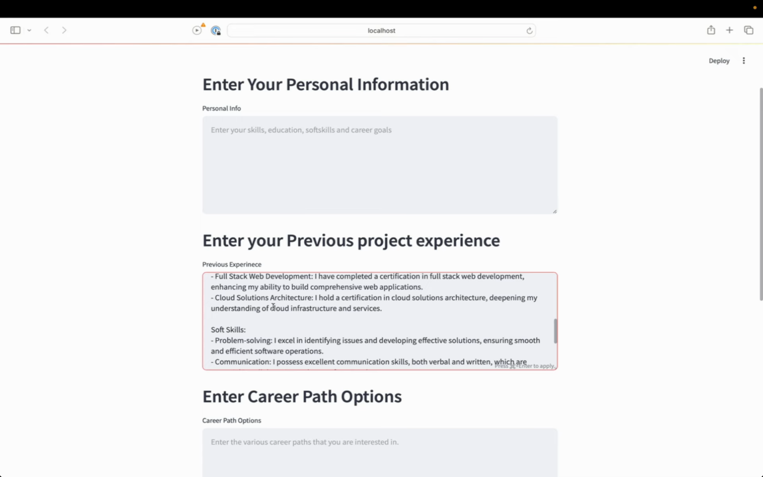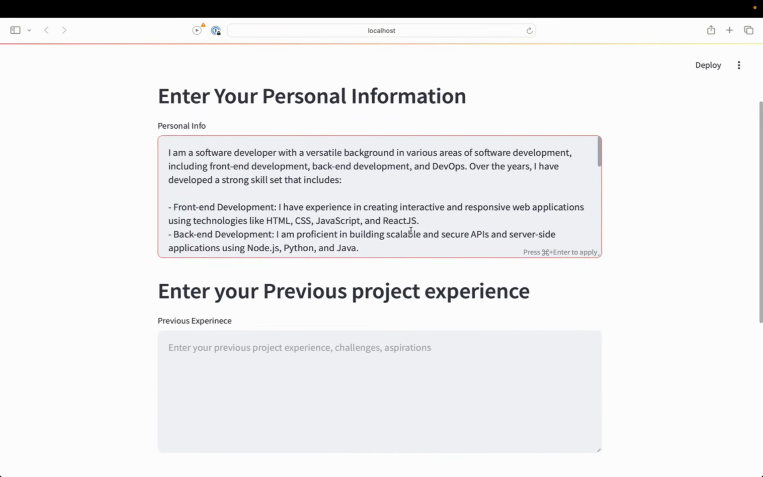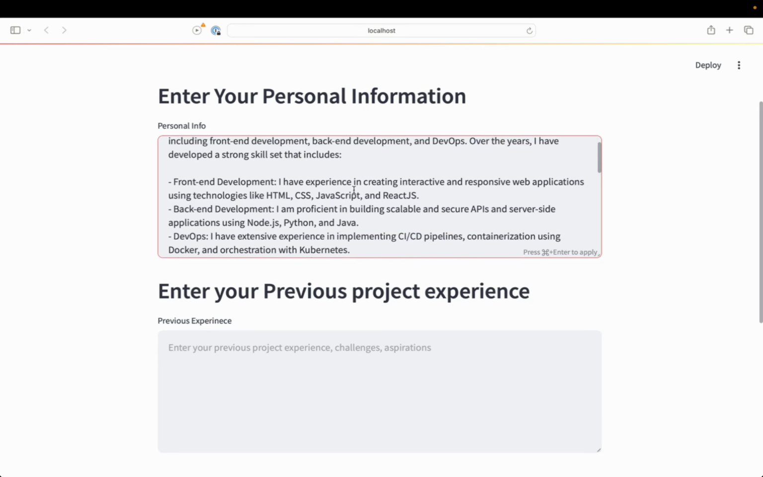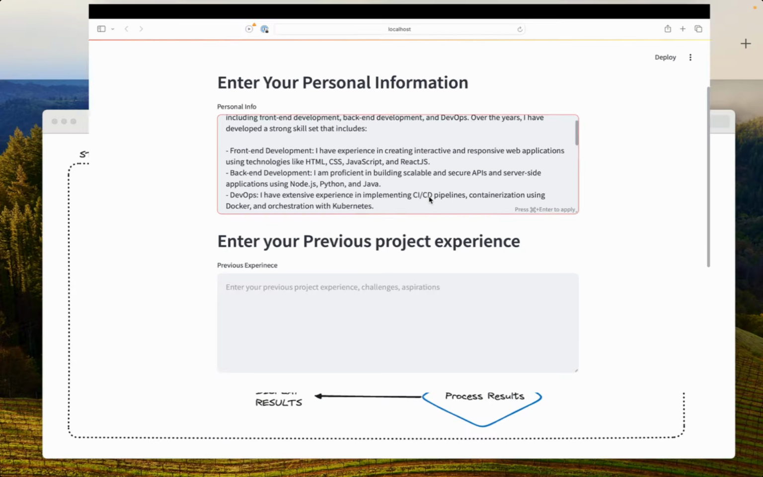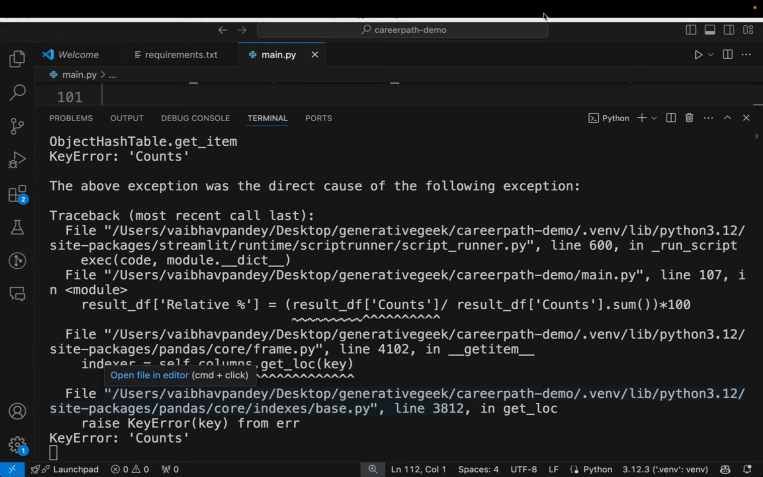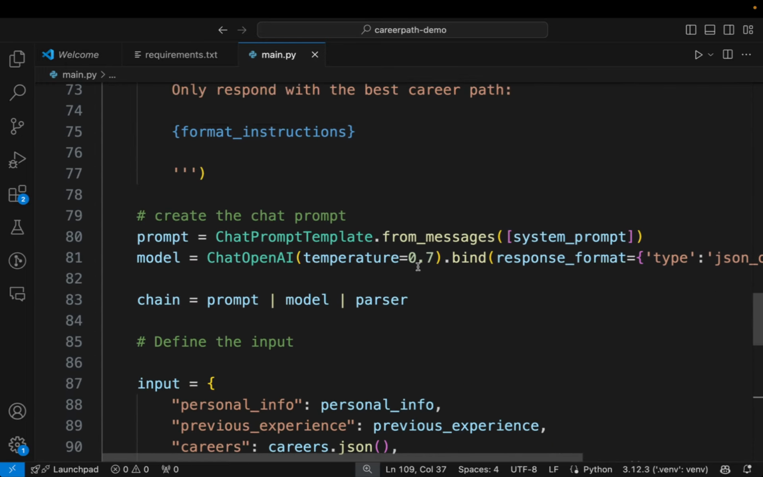So, personal info. I'm a software developer with a versatile background in various areas. Over the years, I've developed a strong skill set. I have experience in creating... Maybe what I'll do is change the prompt, because in the prompt I have something that says, hey, I'm a student, right? I don't want it to act like a student when I'm not a student here. So I'll just say, hey,